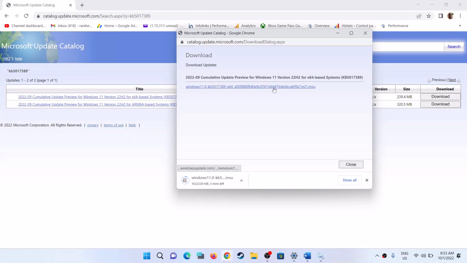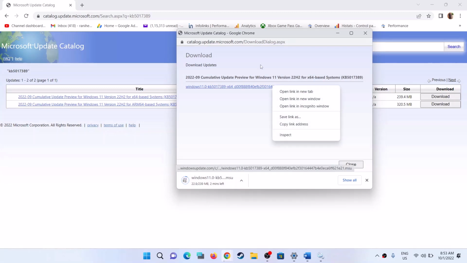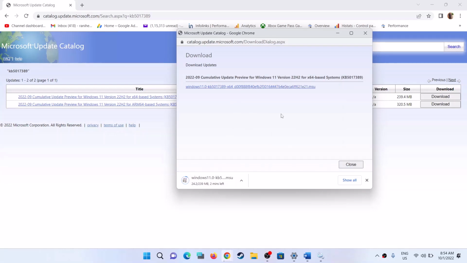So when you click on this hyperlink, if nothing happens, you can make a right click, then click on save link as. You can set the location as desktop and then make a double click on the file on desktop and then it should start downloading. You can click on keep if nothing happens when you click on this hyperlink, but in my case it's downloading. So once the download is complete, click on it and then run the file, restart your computer and this should